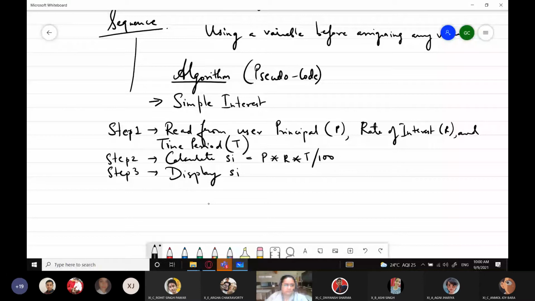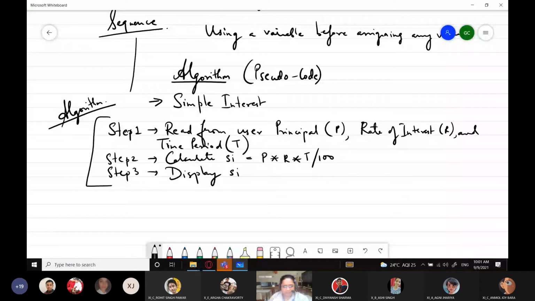So algorithm आपको लिखना आना चाहिए हर program के लिए. Some of you might be comfortable with first writing the algorithm, then writing the program. Some of you might be comfortable with directly writing the program. So that is up to you, but you should know how to write an algorithm. I will not take up algorithms for each of the chapters, only because this is something which is not that required. You won't carry this in class 12.